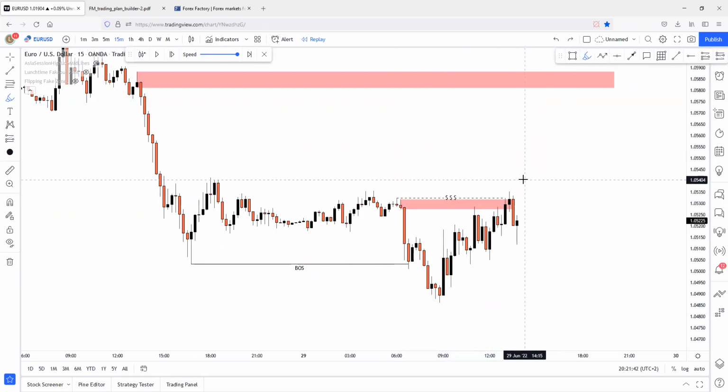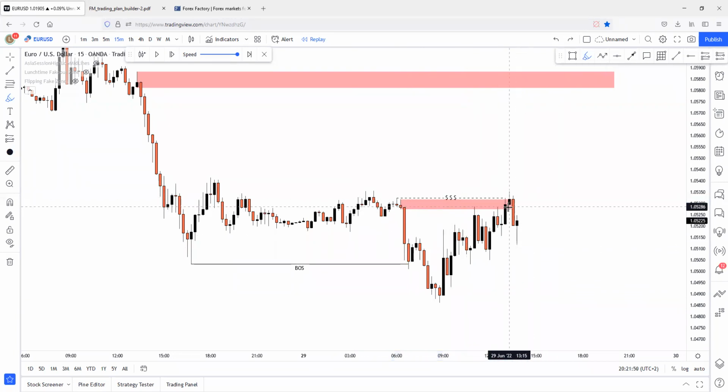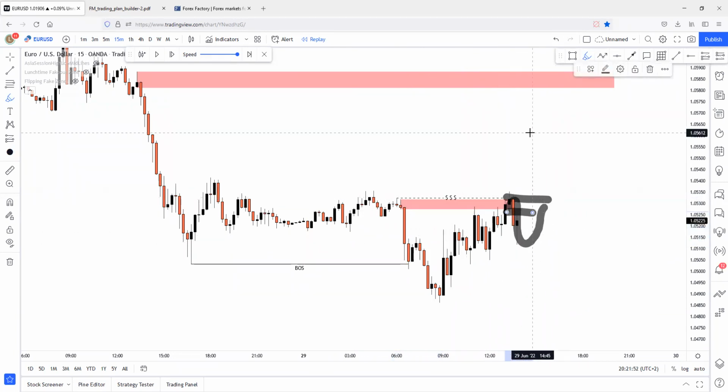So we already know these liquidity sweeping scenarios: if price sweeps liquidity from above a supply zone, for example, if it's a 15-minute liquidity or a higher time frame liquidity, or even a 1-minute liquidity, and closes inside of this zone, we'll be able to look for short continuations in a supply scenario.